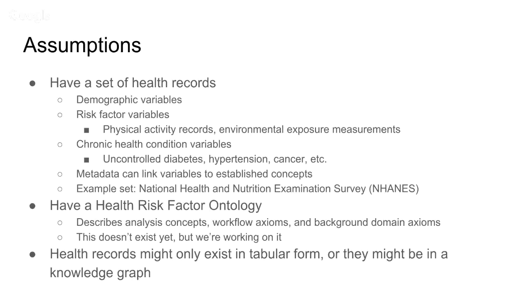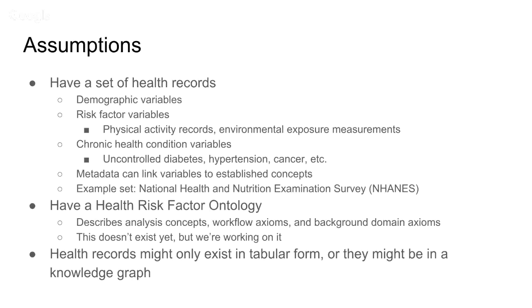And then we also have these risk factors. So risk factor is a kind of ambiguous term. What you can think of a risk factor as is something that you think might be associated with a chronic disease. So maybe you think that the amount of some pesticide in your blood correlates with whether or not you have hypertension, so then that pesticide is a risk factor. You can also be more general and say, like, how many hours of TV you watch, and then that could also be a potential risk factor.